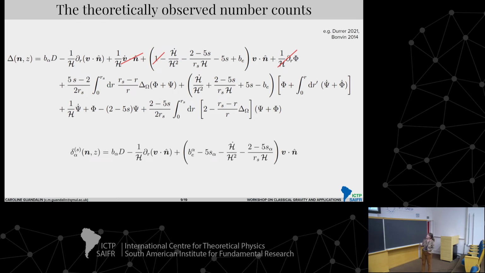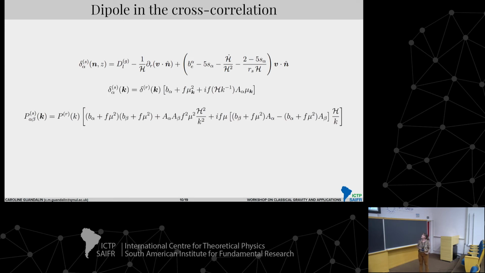In this work, we focused only on the projection along the line of sight. And why so? This is the main quantity that we are working with, given its expression. We are neglecting the integrated terms and the terms that do not depend on the projection of the velocity along the line of sight. If you consider only these terms, and you Fourier transform the overdensity of your number counts, you can compute the Fourier two-point correlation function, the power spectrum, when you cross-correlate different types of galaxies.